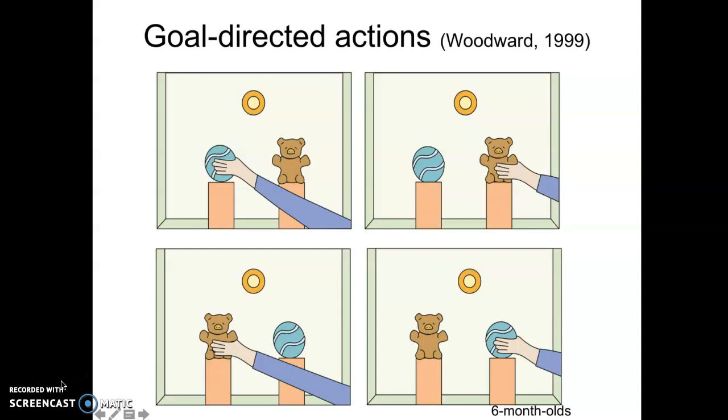And it turned out, as you can probably guess by now, that infants who were habituated to a hand reaching for the ball were surprised when the locations were switched and the hand reached for the bear. But they were not surprised when the locations were switched and the hand reached for the ball, even though the ball was now in a new place, as though they inferred that this hand wants this ball, its goal is this ball, its desire is this ball, the target of its reach is this ball, and why would it reach along the same physical trajectory